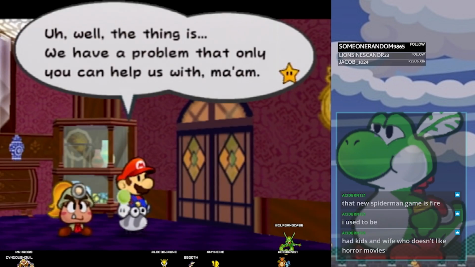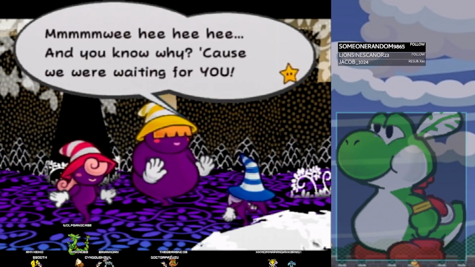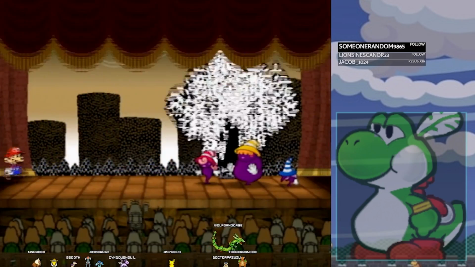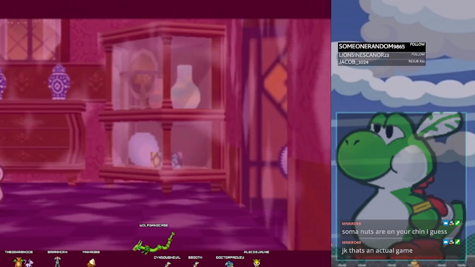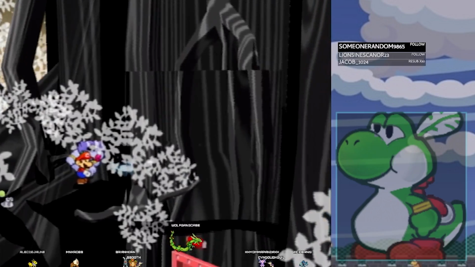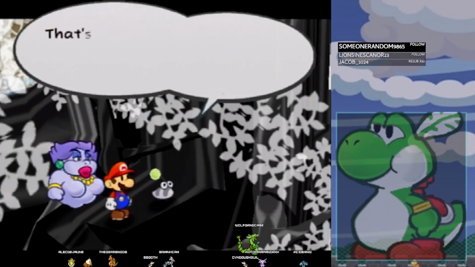What could that be? The Shadow Sirens figure out who we are and we approach them to get back the necklace that belongs to Flurry. We beat the brakes off them and get the necklace, which we give to Flurry, and she agrees to join our team. Back at the Great Tree, we use Flurry's blowing ability to reveal the secret entrance and gain access